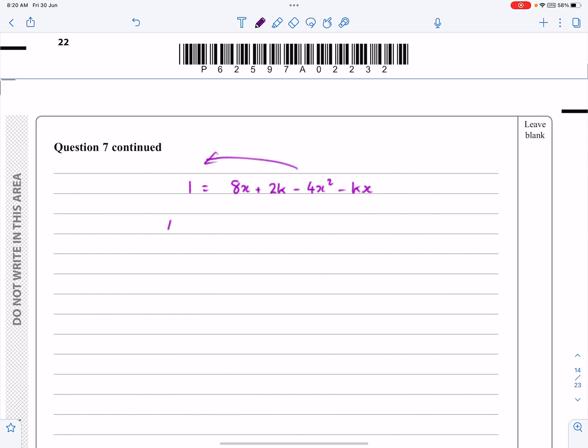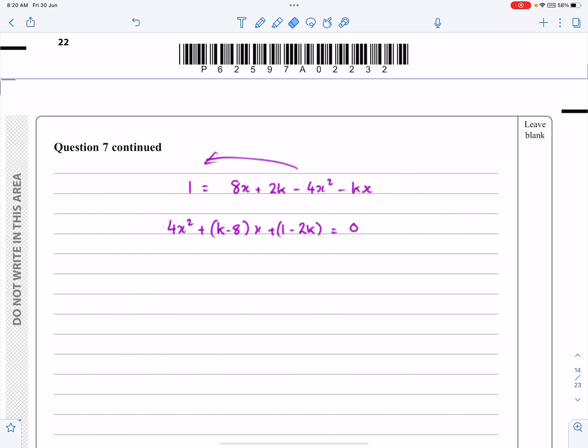So if I do that, I'm going to end up with 4x squared. I've got 8 minus k on that side. So if I take it over to the other side, I'll have k minus 8, lots of x. And then I'll have plus 1 minus 2k equals 0 again. The only reason I'm putting brackets around that is because I want to identify a, b, and c here because,